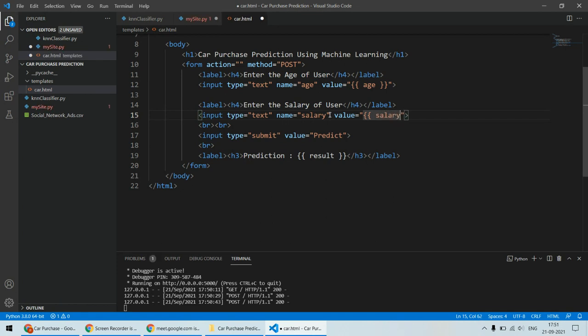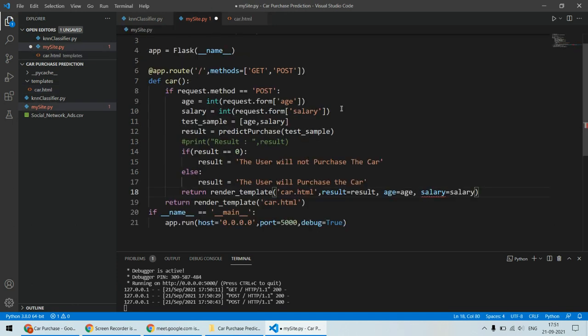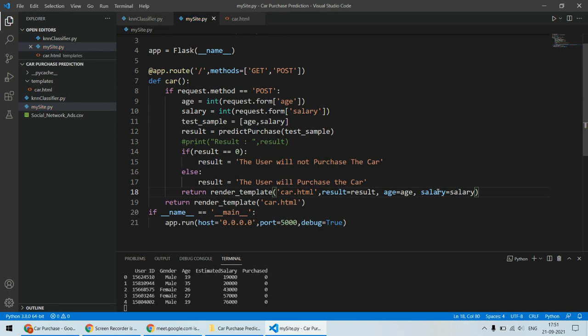तो जहाँ पे भी आपको वो डिस्प्ले करना है वहाँ पे आपको इस तरह से उसको ऐड करना होगा। ये हो गया सेव, और इसको भी हमें सेव करना होगा। सैलरी इज हैविंग एनी ट्रबल, नो ट्रबल्स, ओके। नाउ अगर आप यहाँ पे डालोगे कुछ वैल्यू, लेट्स से 40, लेट्स से 19, और लेट्स से 20,000, तो अब हम करेंगे प्रिडिक्ट। तो यहाँ पे देखिए 19 and 20,000 is remaining as it is and the user will not purchase the car, ये यहाँ पे लिख के आ गया।